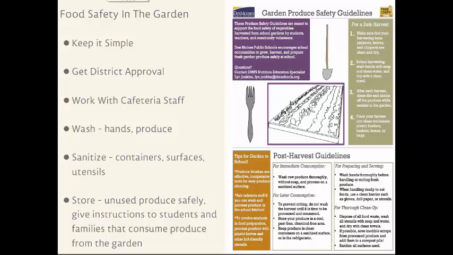And this is another document from Des Moines Public Schools, just to touch on really quickly a little bit about garden produce safety guidelines and what food safety looks like in the garden and in the cafeteria for those opportunities where you bring food in from the garden and serve it inside. Some general notes: keeping the process simple and able to be picked up by anyone who's volunteering or helping out in the school garden or a taste test is really important. This document is a very simple version of